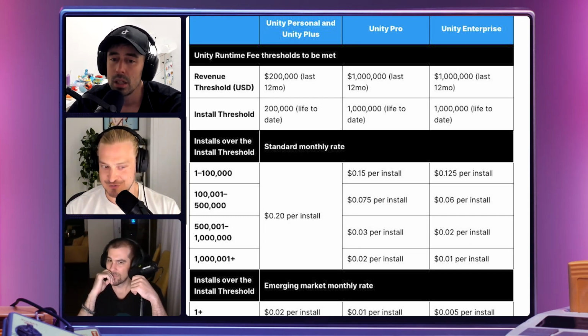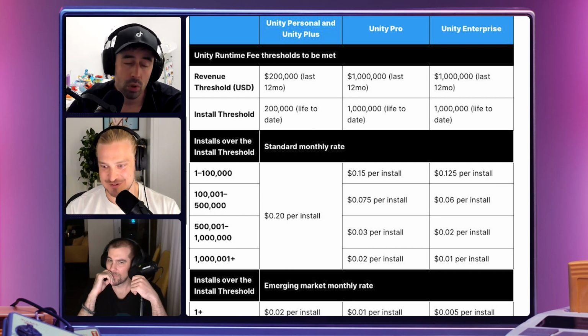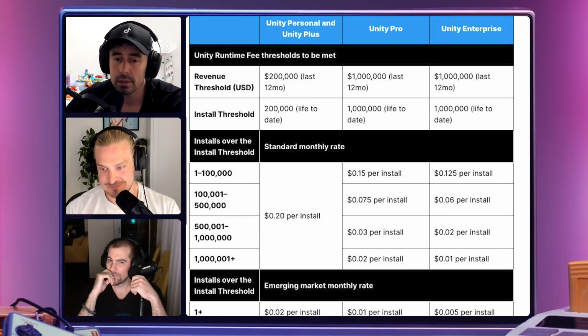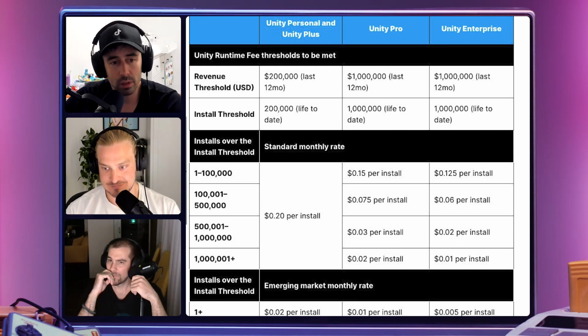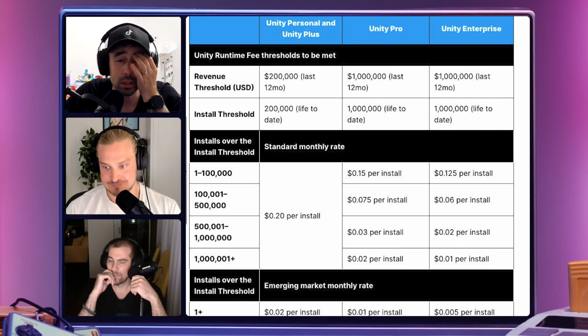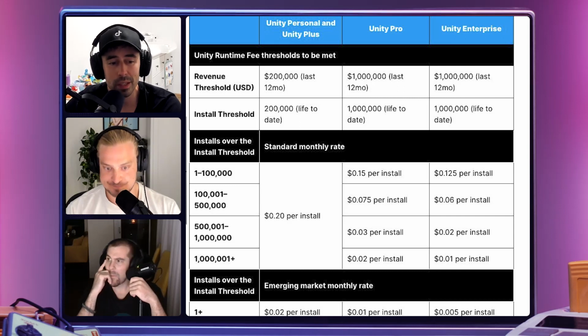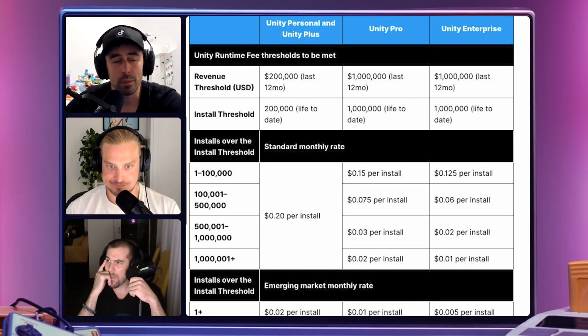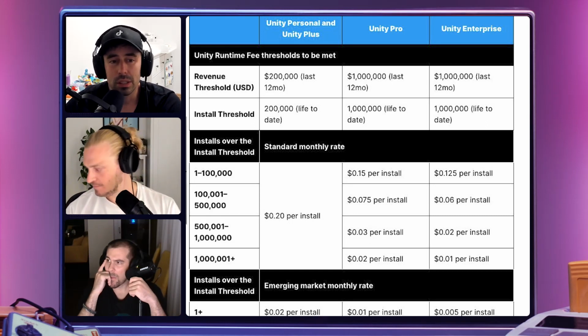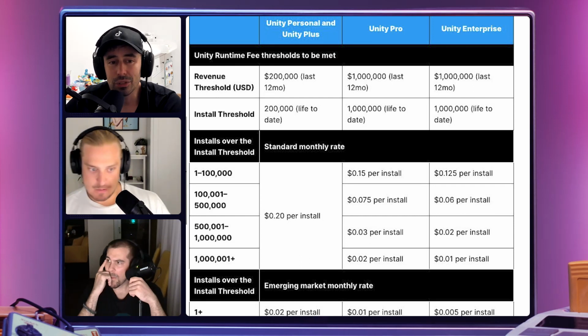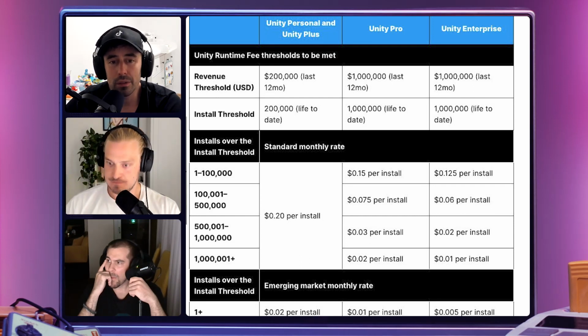Or if you're a hyper-casual or ad-dependent studio. Not only small developers, but also hyper-casual, where CPIs are quite low. And this is also the same thing in the emerging markets. It just doesn't make any sense. So sometimes in tier 4 geos, I have CPIs of 1 or 2 cents. Depends obviously on the game. But if I need to pay an additional 2 cents for the installs, it's just a 100% increase.